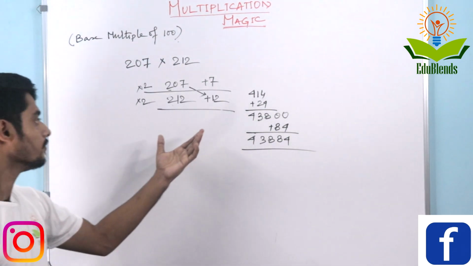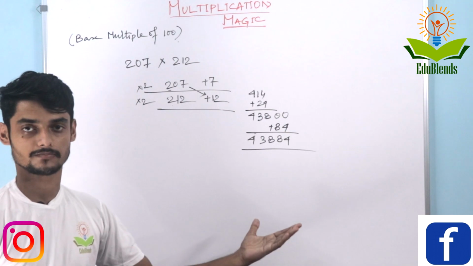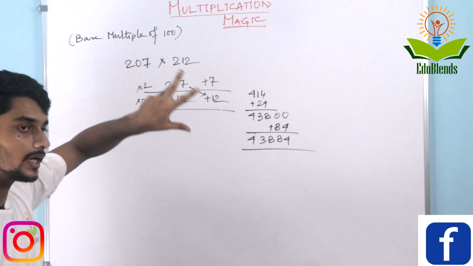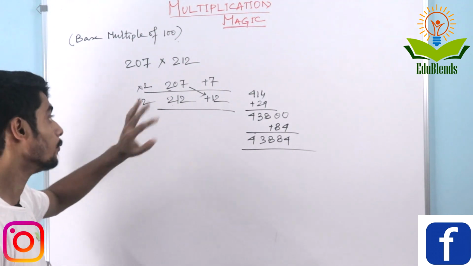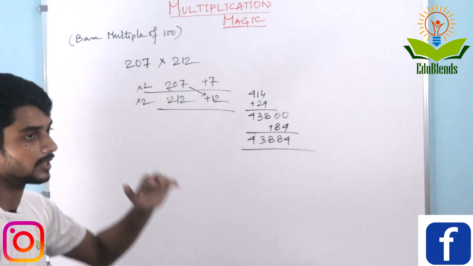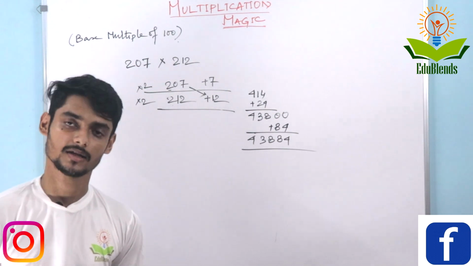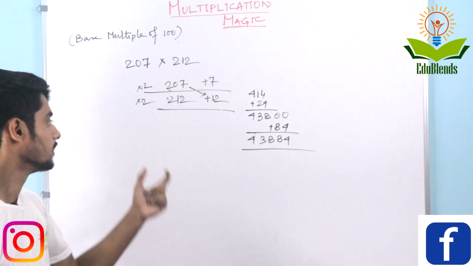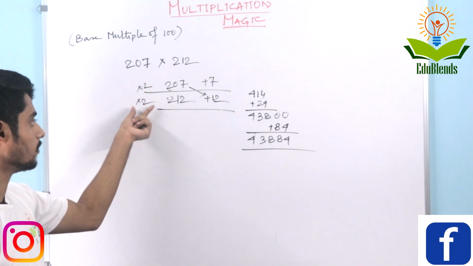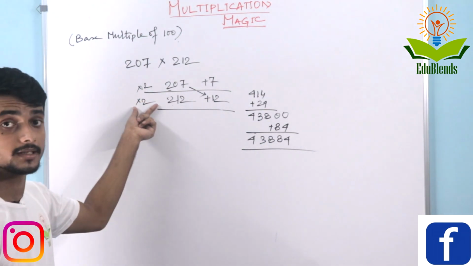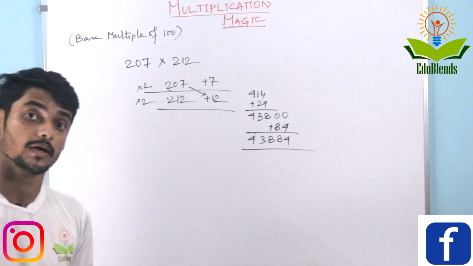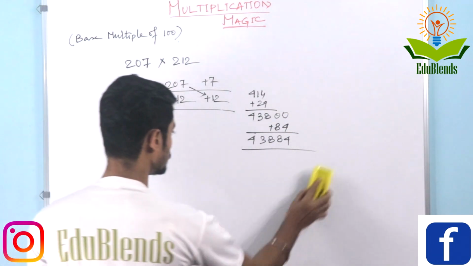Simple. Now if we go further and take both the numbers less than 200, or one number less than 200 and one number greater than 200, then the method will be the same as I have discussed earlier, but you need to multiply by 2 or 3 accordingly as per the base. Now type 3, moving to the type 3.